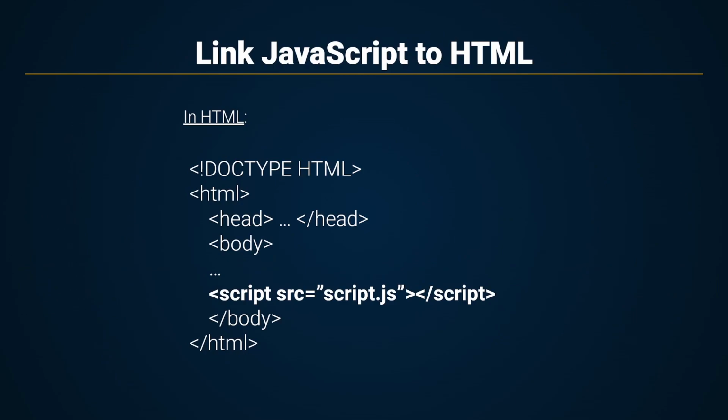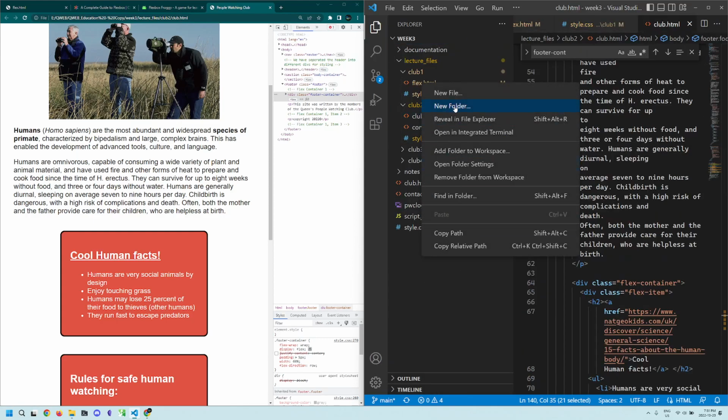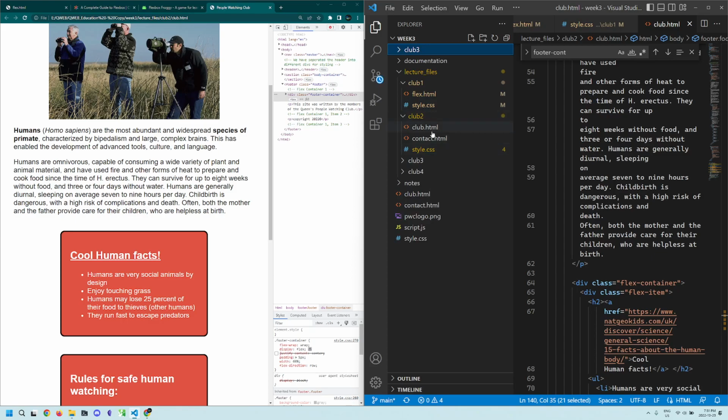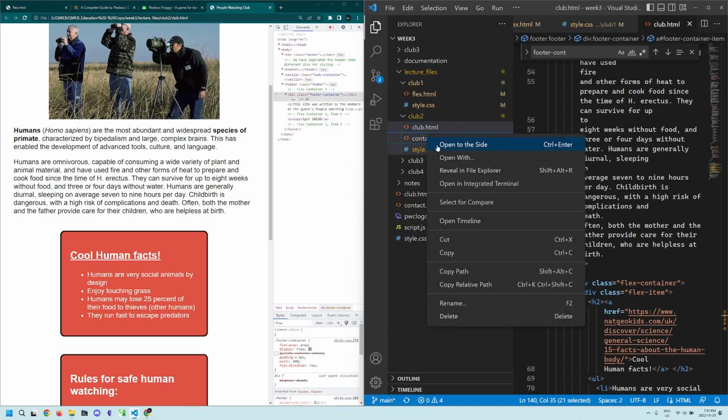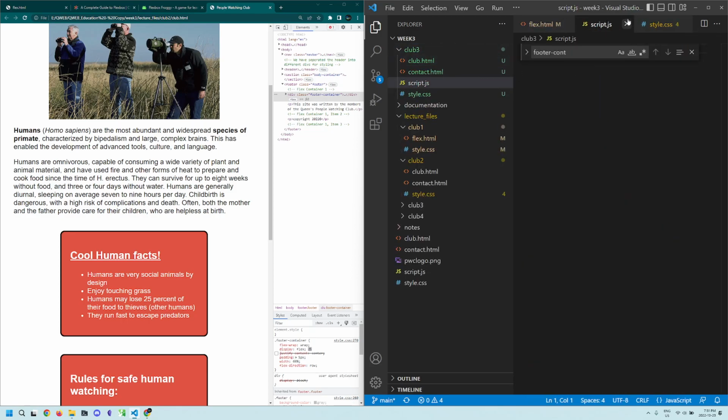One of the first things that you have to know with JavaScript is it's just like CSS in that you have to link your JavaScript back to your HTML file. So if we go ahead and start to get that set up, we'll create a new folder and call it Club3, and we're going to grab our previous code pages. We might as well reuse them, and we'll paste them into Club3. Then we're going to create our very first JavaScript file by creating a new file, and we're going to call it script.js. So all JavaScript files end with the .js extension, similarly to how CSS ends in .css